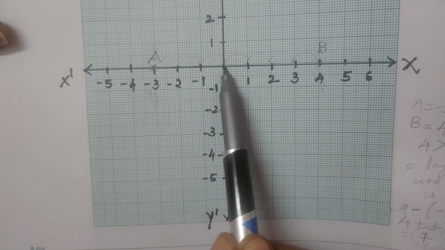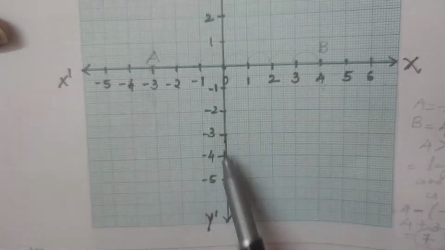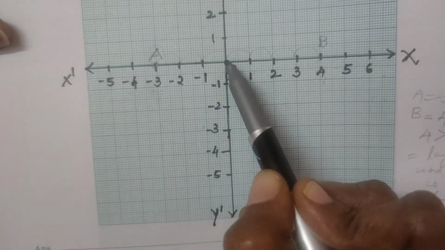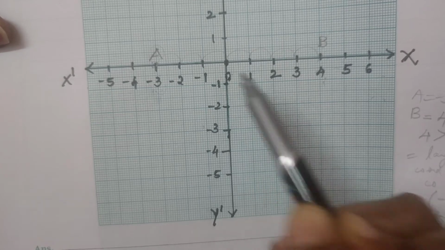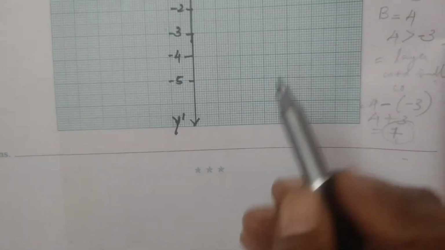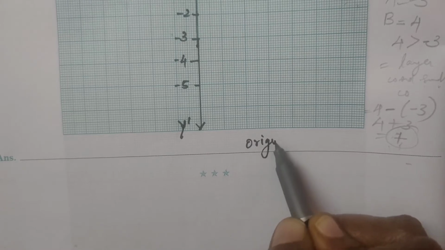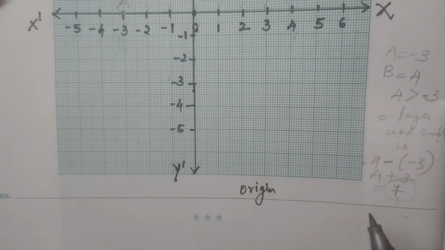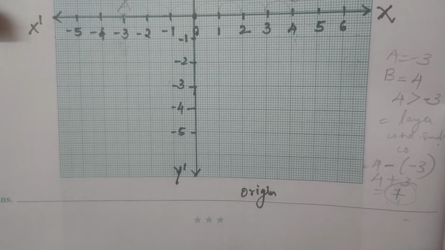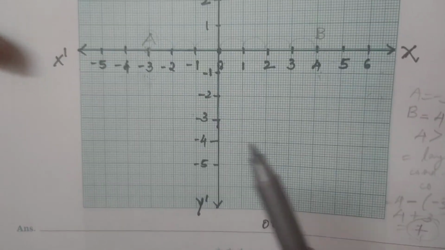Now I have put it here, right? And this point where the x-axis and the y-axis meet, this point is actually an O here, and that is the origin. What do we say? Origin, we say, where the x-axis and the y-axis meet here. Now you can see, my dear,